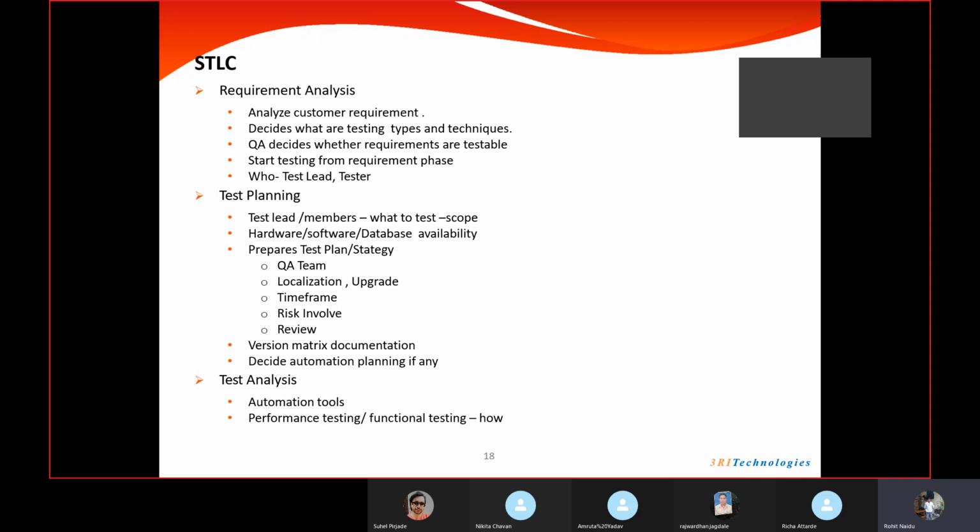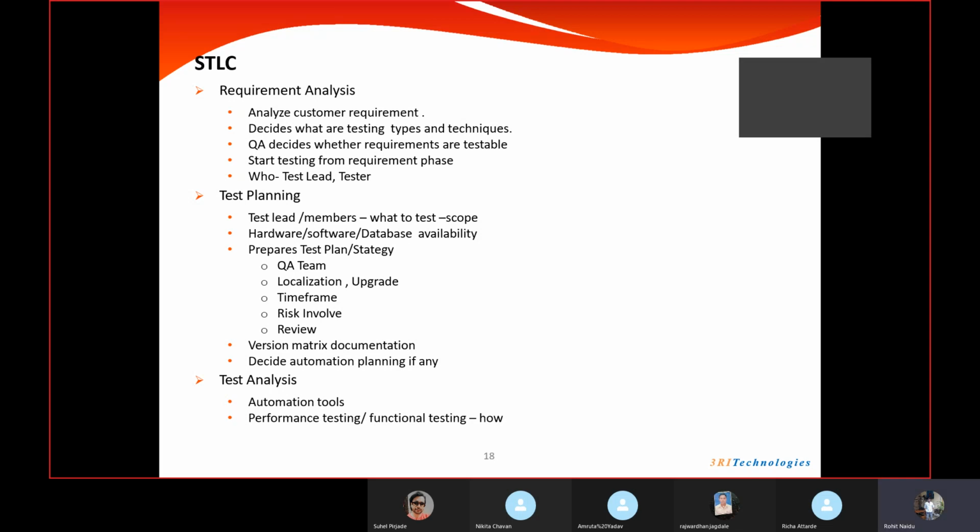And hardware, software, database availability, we will see whether we have all the requirements. Like let's say our computer has sufficient RAM or sufficient storage, and it has good performance. All those things will be taken into consideration, and then we will start preparing the strategy. We will prepare the QA team, like how many members are required, whether we need any database resources, or any SAP testers, or IT engineers, or server engineers. So we will discuss them and form a team.